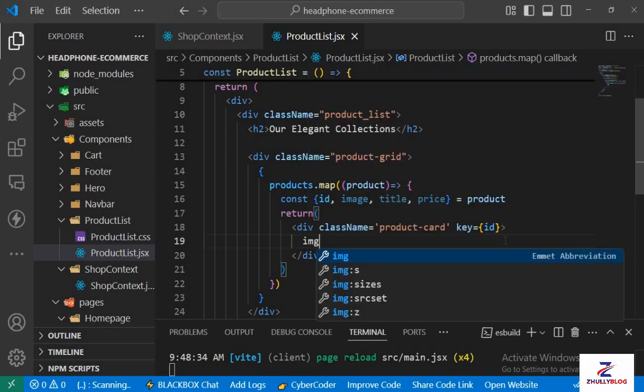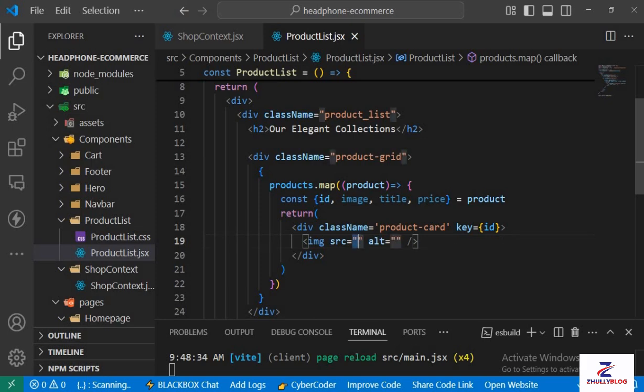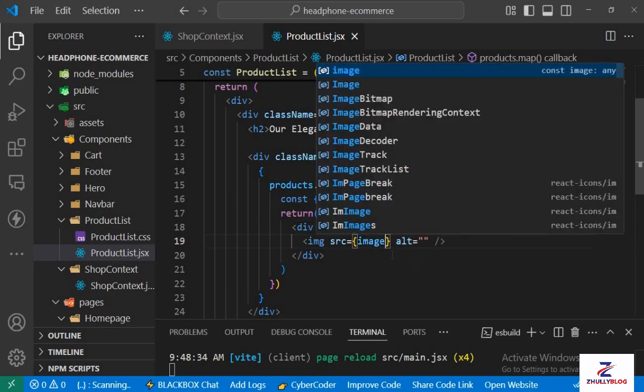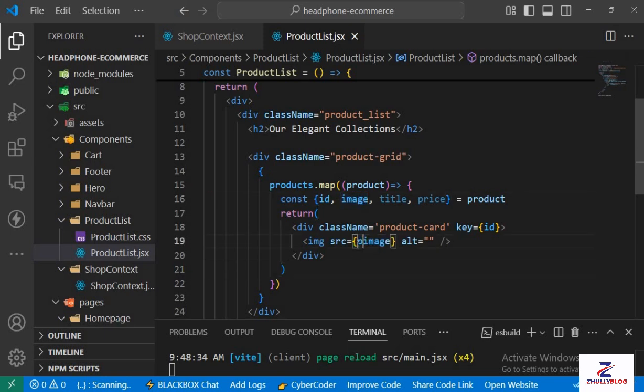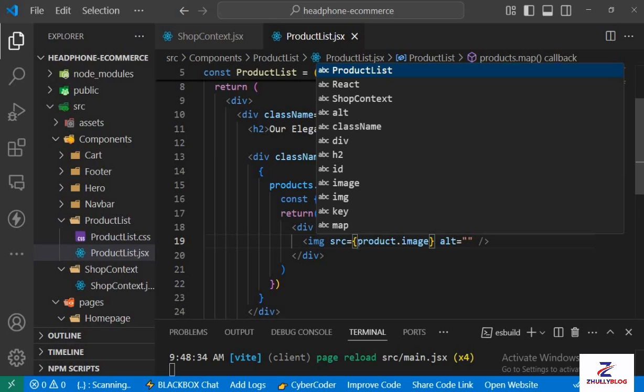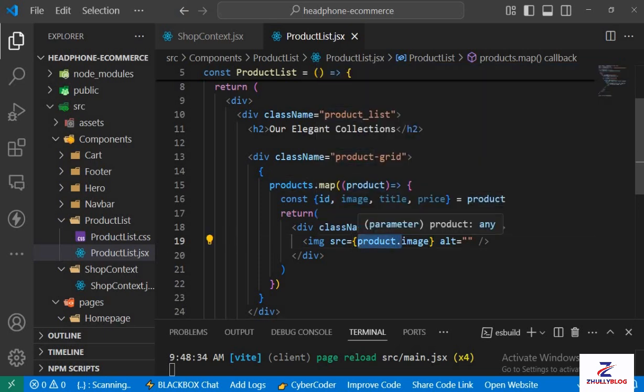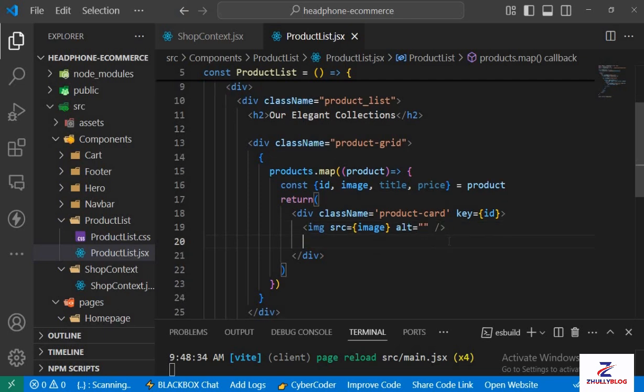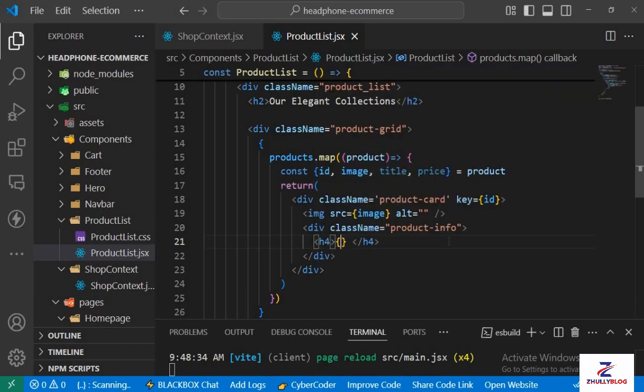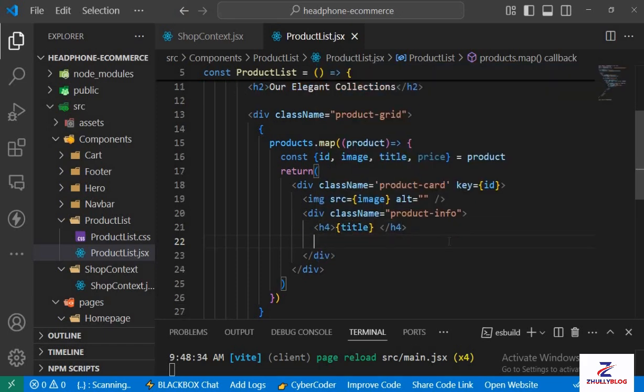So right here, we're going to have our image, then we replace this with image. Because we have destructured here, we do not need to write product dot image, which is the regular way that people write it. So we're just going to have image. Then after this, we'll have another div tag for our product info, which is going to be our title and price. So dot product info. And the product info will have an h4 tag for title, and we'll have a p tag for price in dollars, price. After this div, we're going to have our button